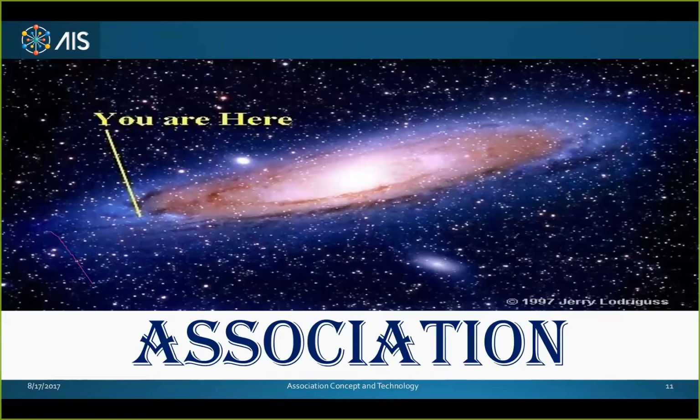So now we're going to move into association and what that represents. This is the universe as we know it. We live in a three-dimensional space. Physics can argue with me later over how many dimensions there are. But right now, what is visible to us is left, right, front, back, up, and down. That creates a three-dimensional world that we visually and acutely are aware of. And we function this way.